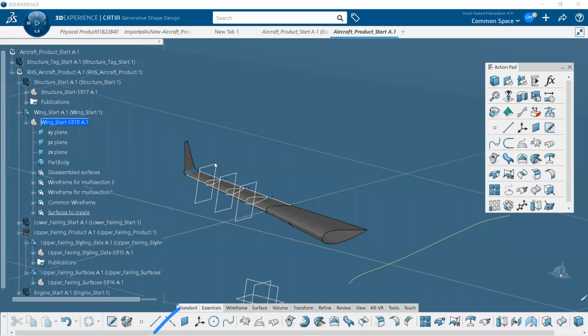Guys, any doubts on how we created the wing surface? We used different tools like the multi-section. We created the planes with respect to the point and the line. Then we used the intersection. Then we used the spline option. We created the curves to create the multi-section.